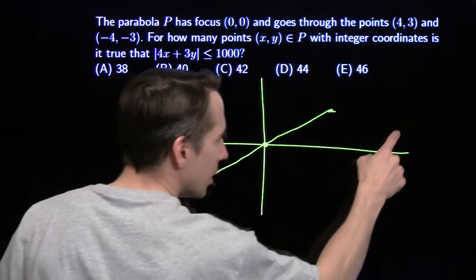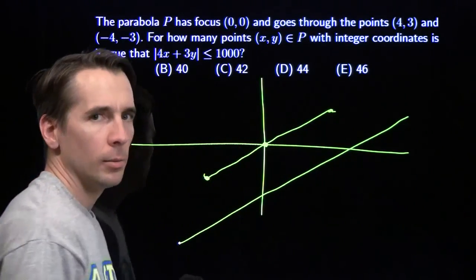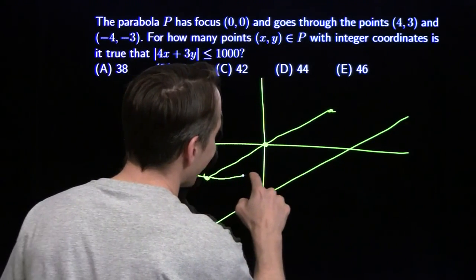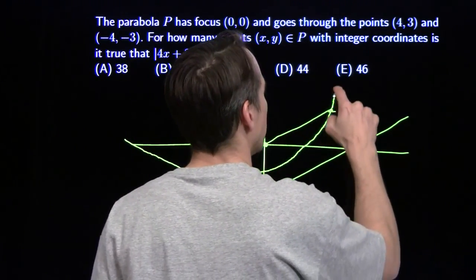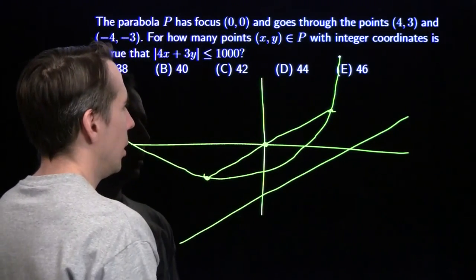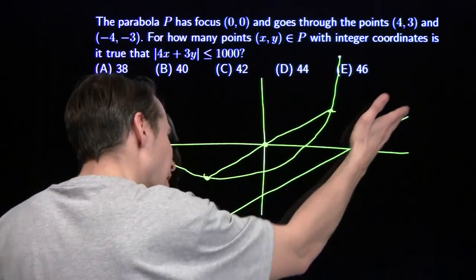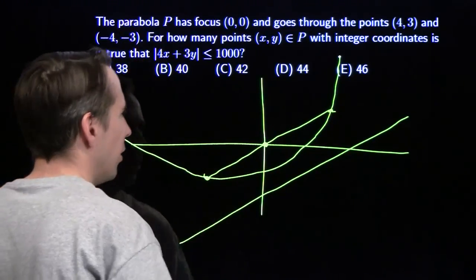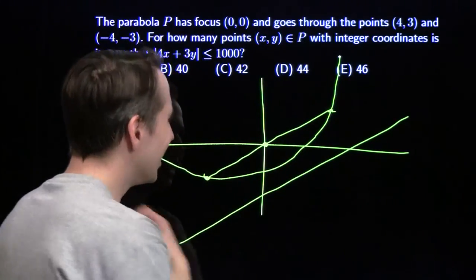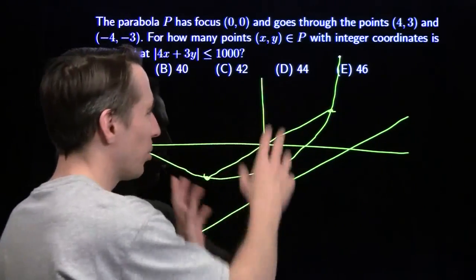Now I'm an optimist. I'm going to choose the one that opens up. Well, up is a relative term. We're going to call it up-ish, because it doesn't open directly up. It's crooked. And that's terrifying. I have no love at all for this because our directrix is not horizontal, it's not vertical. So we get this kind of crooked parabola thing. And I could break out some distance formula and stuff like that, but I don't like thinking about parabolas like this.